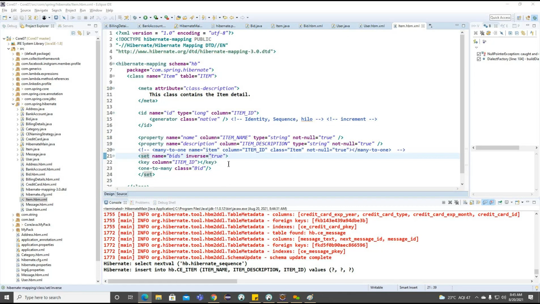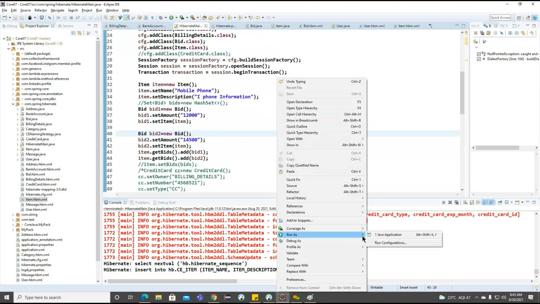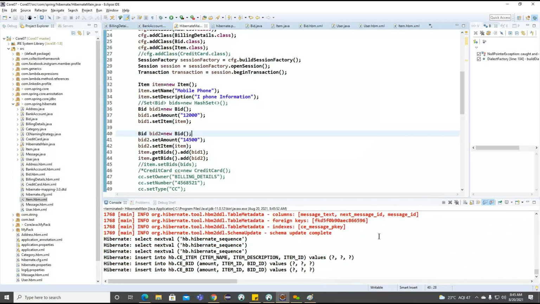Now we'll focus on one more piece of information here. Cascade. Cascade here. Save hyphen update. First we'll understand, without adding this, whether we can insert in both directions or not. Now observe, the 3 records are inserted here.